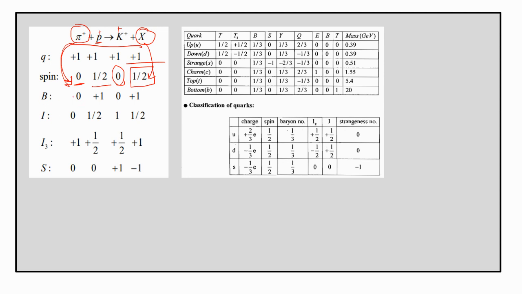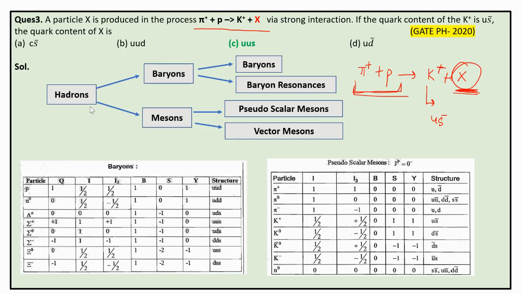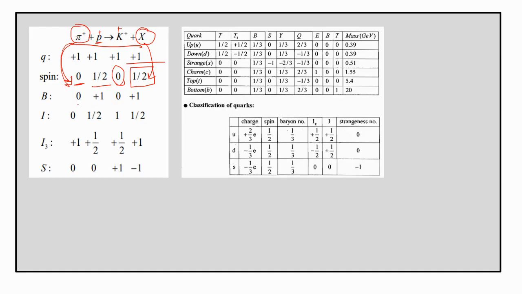Now baryon number. Pion is a meson, so the baryon number for pion will be 0. For proton, it will be plus 1. And for kaon, it is again 0. So for this, it should be plus 1. And now